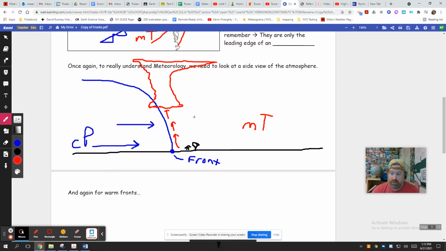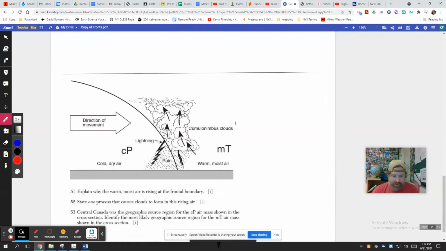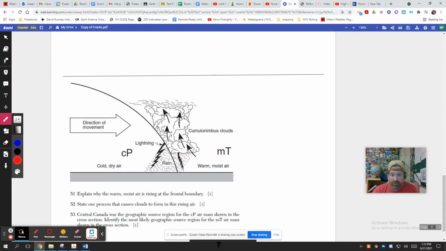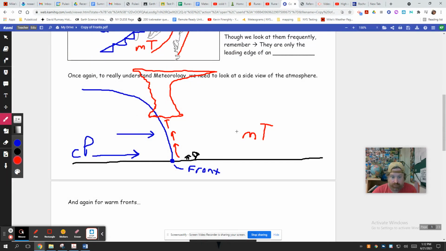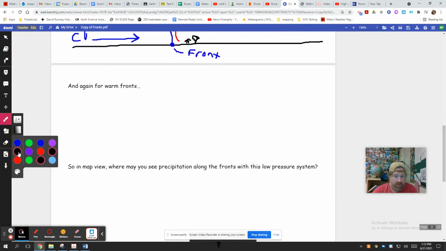Okay. All right. So that diagram, I think, is actually on these notes. There's how the regions would draw it. And we'll talk about these questions in a minute. But these diagrams absolutely can show up. How are warm fronts different? Let's